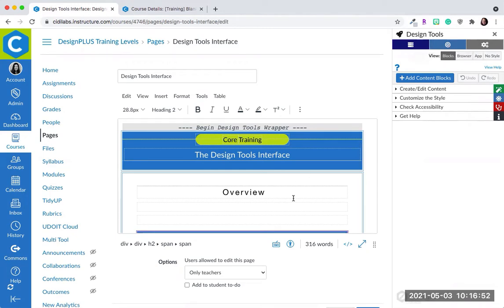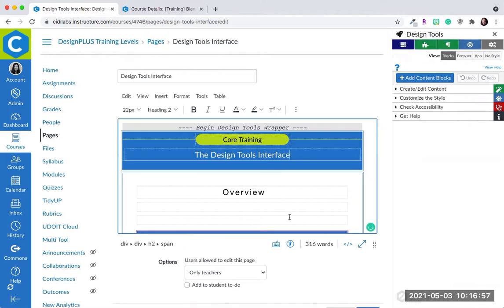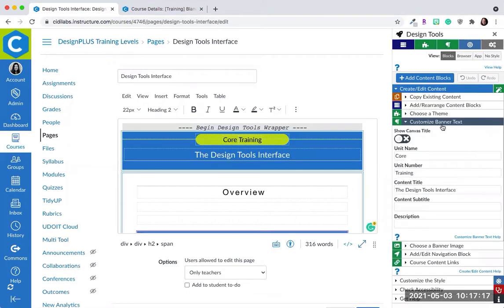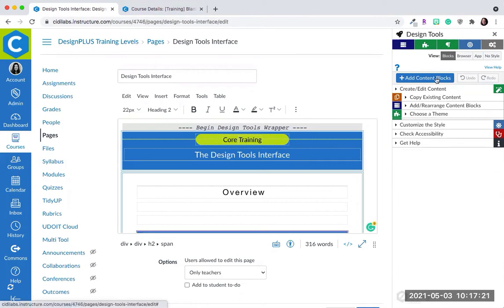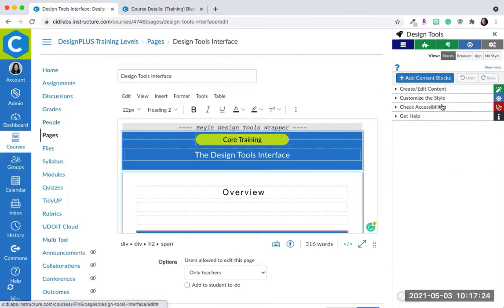But notice as I put my cursor in different places within my rich content editor, this is responsive to where my cursor's at and what's housed within the rich content editor. So now I have the option to jump to working with a theme or to working with the banner text. Notice as I click on this option to work with my banner text, it opens up that section of the tool. So again, the jump menu just saves you some time from having to dig around and trying to find